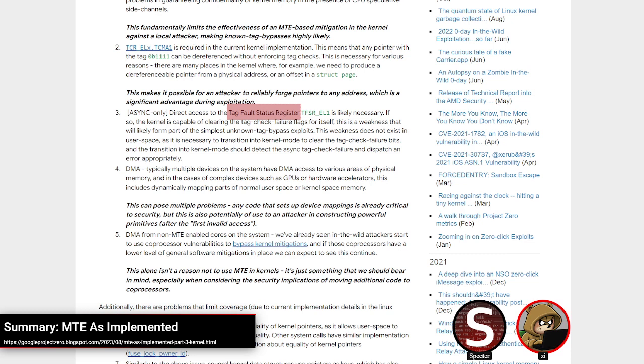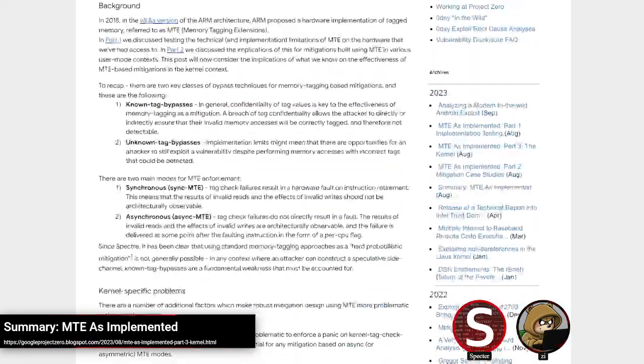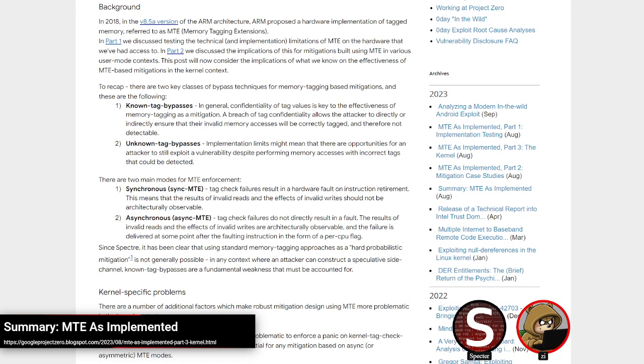Again, if you're interested in that, you can read it. This is a really good set of posts. Probably the most in-depth look at MTE I think I've seen. So I definitely recommend giving this a read. But the most interesting part I think was that first post, looking at some of the core issues that are practical and that are likely to be run into.